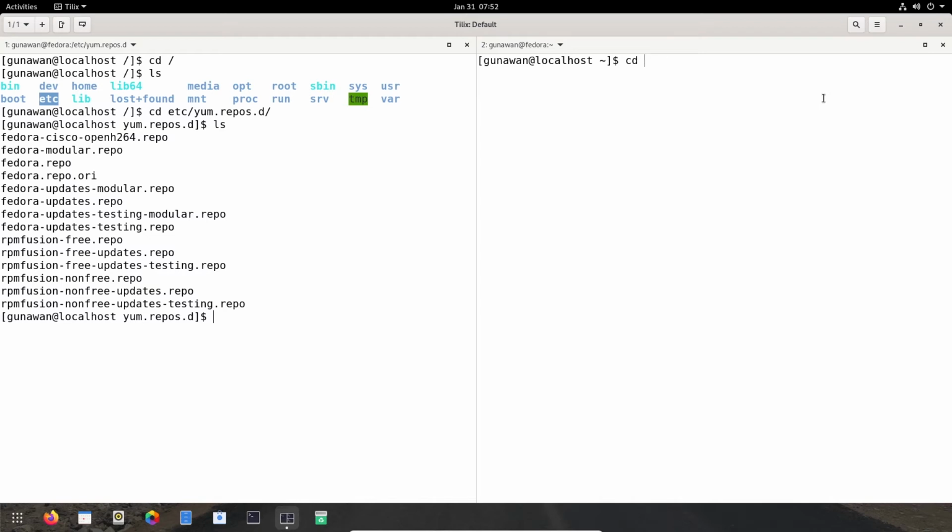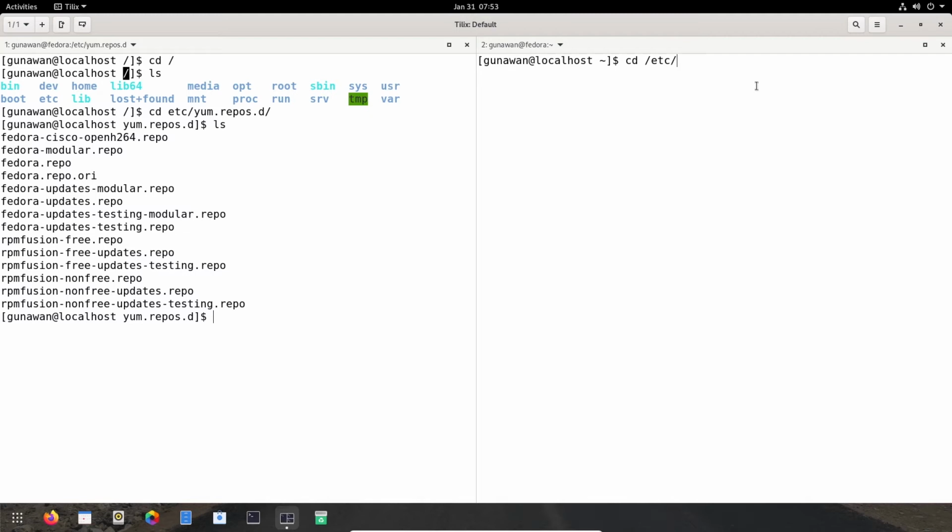If you do not type the root directory, the terminal will not auto-complete your target directory, which is the etc directory. For example, I do not type this symbol. I just type etc. So when I press my tab button, the terminal will not autocomplete my target directory, because I am now in my home directory, not in the root directory. So type the root directory and then et, tab,